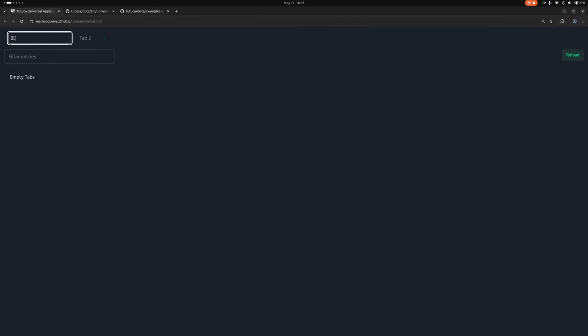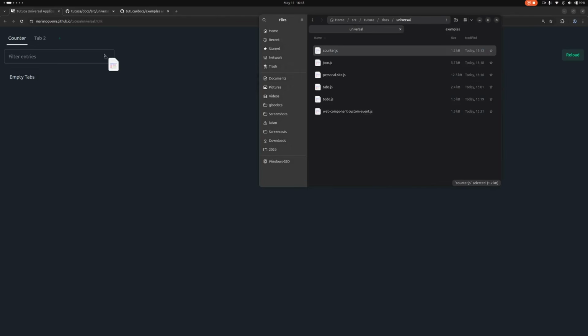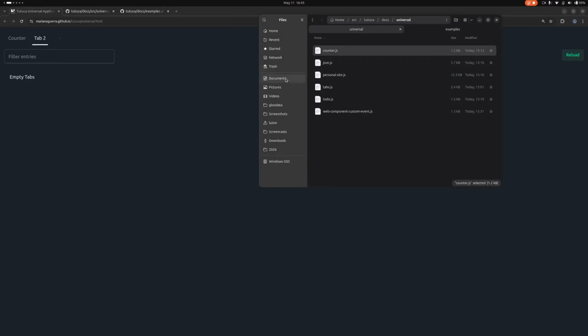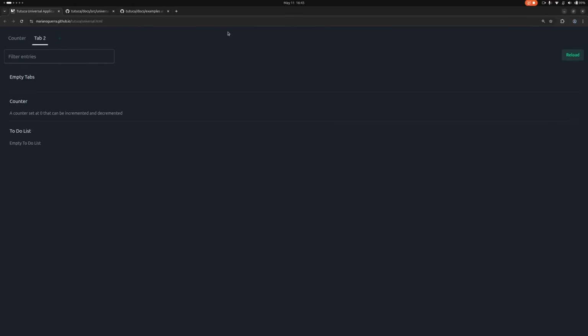I can rename tabs, but a tab by default has as content a component selector, and here I can create another tab interface. But now I can, for example, drop the counter module and reload the list, and I can turn this into a counter. And I can go to the second one, and I can drop the to-do module and reload. I have to reload here because the drop is picked up by the root, the universal app, and compiles